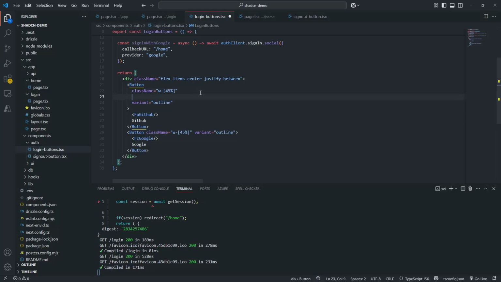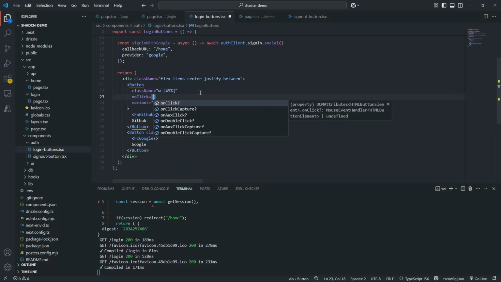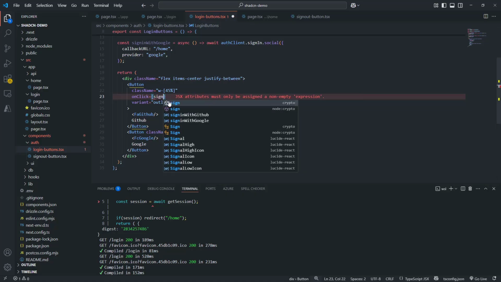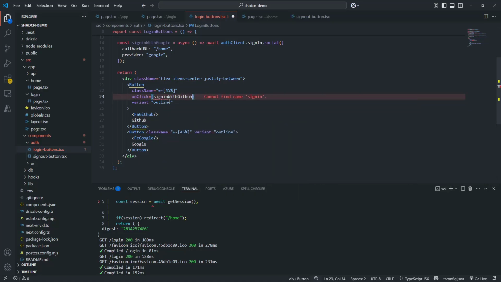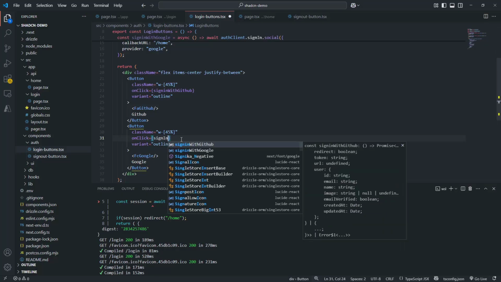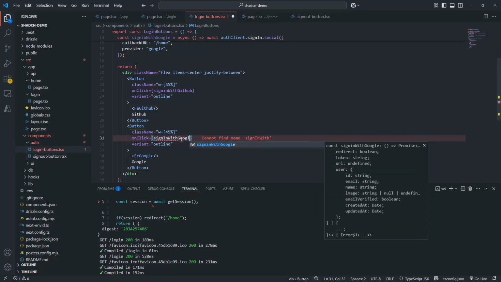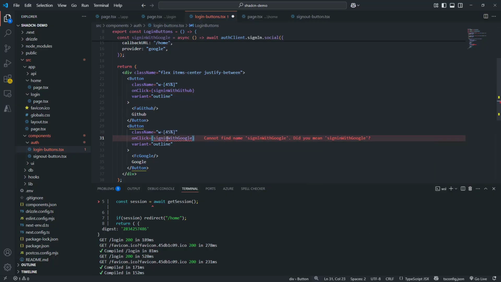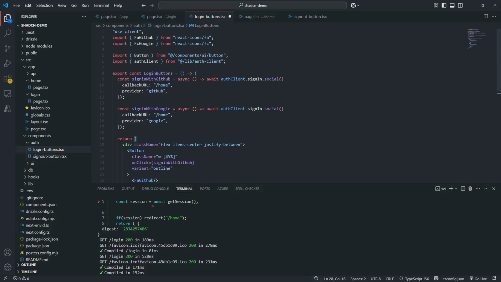And just click provide sign in with GitHub here, and then we can just copy this here, put this here, and instead of sign in with GitHub, we're using sign in with Google instead. Did I misspell something? Oh, uppercase I there. Let's look through and make sure that everything is in there. Make sure that you're grabbing